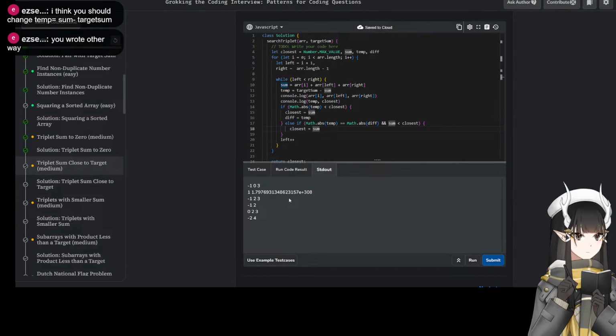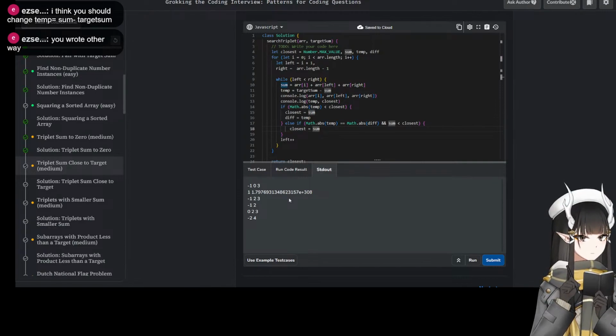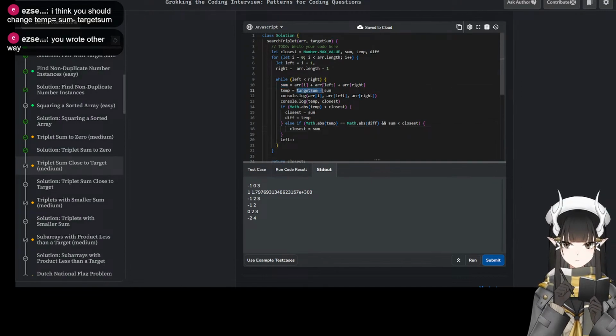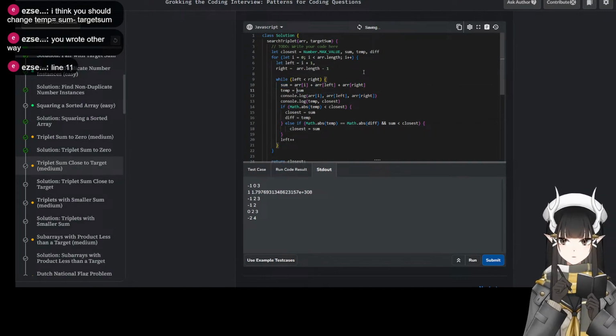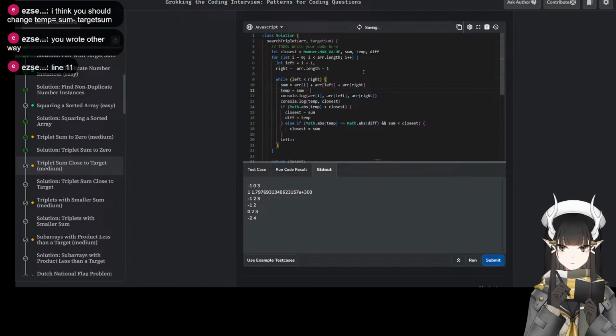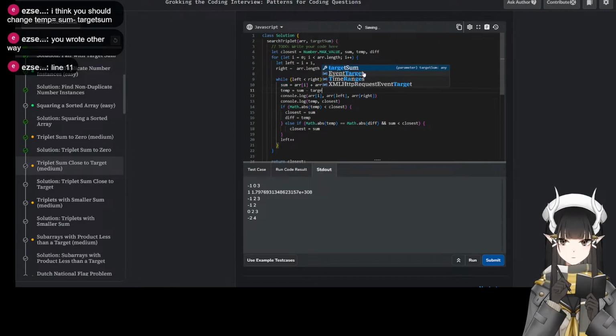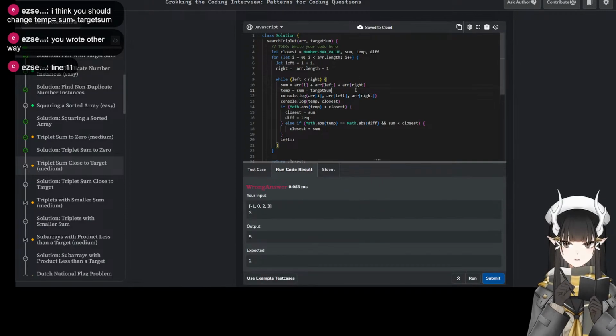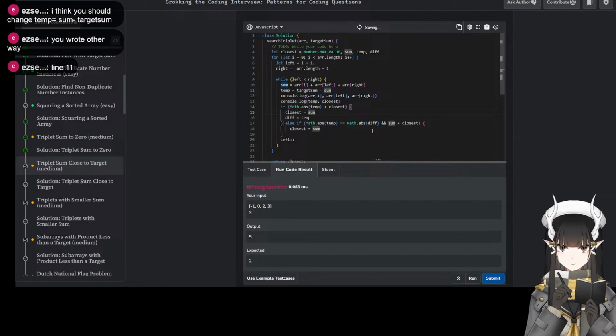Sum minus target sum. No, we're only looking for difference, so it doesn't matter which way.